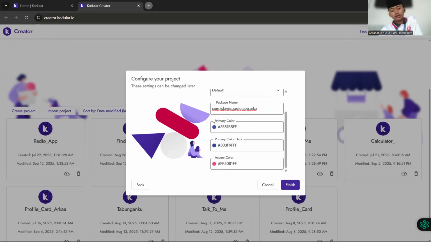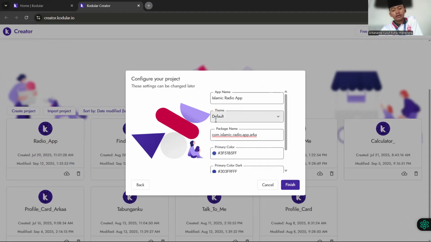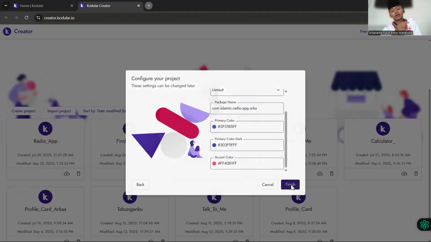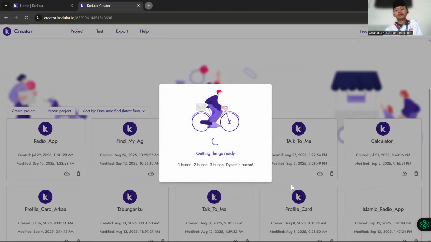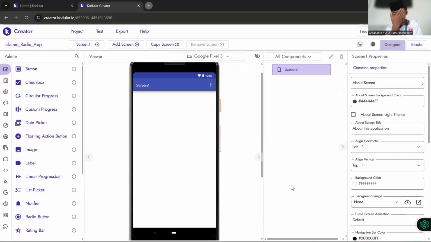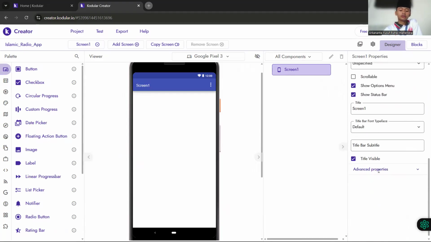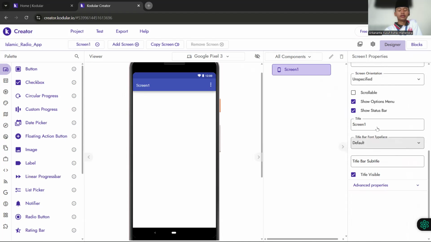If you have filled all of this, you can click finish. Then we wait for the screen to load.